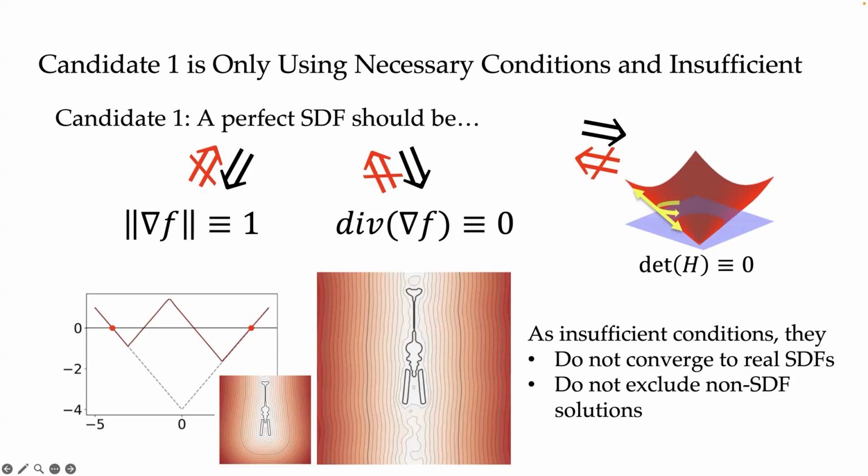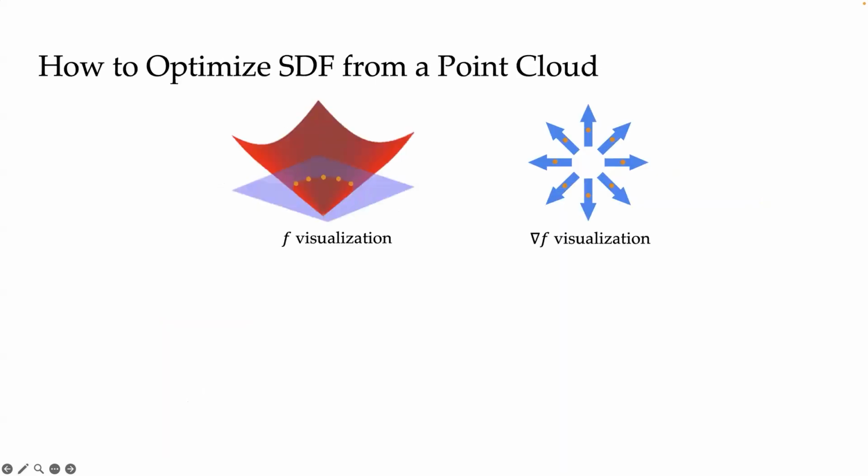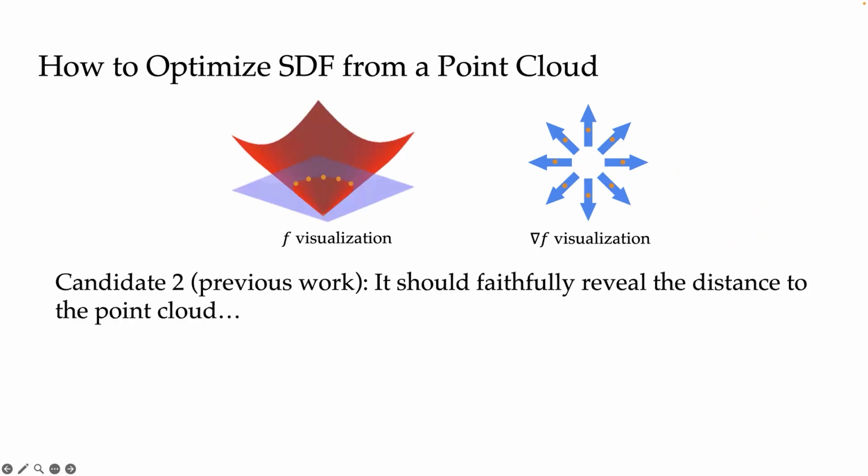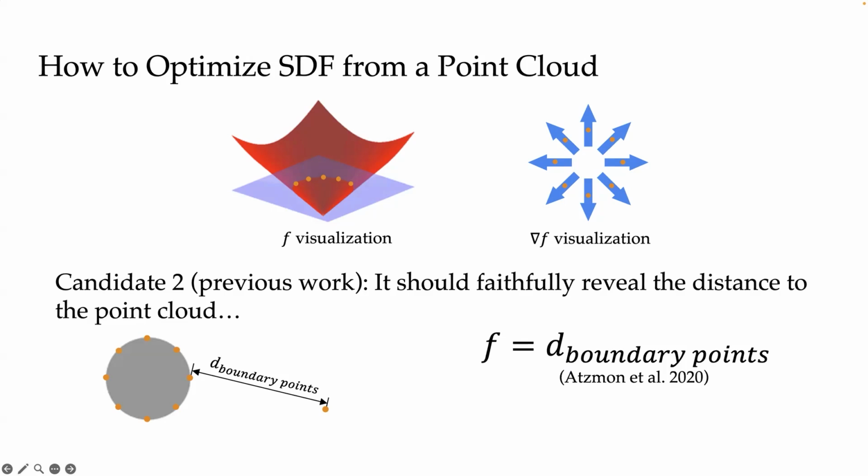Now let's check the second group of candidates. Some other researchers believe that the network should directly reproduce the distance to the point cloud. However, if you check our definition from the previous slides, you will see that this idea is unreliable. For faraway points, this approximation works well, so people use either the original distance value or its direction to train